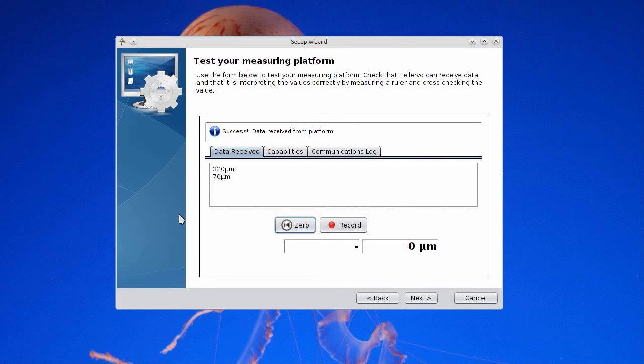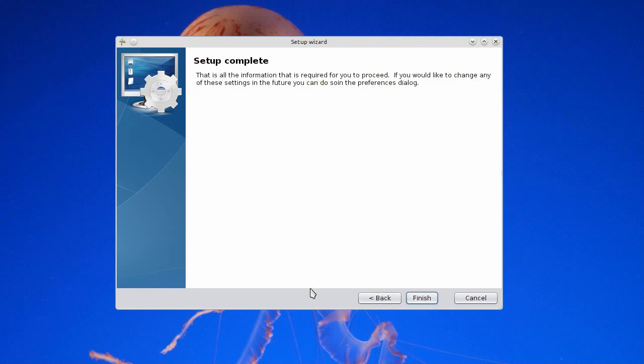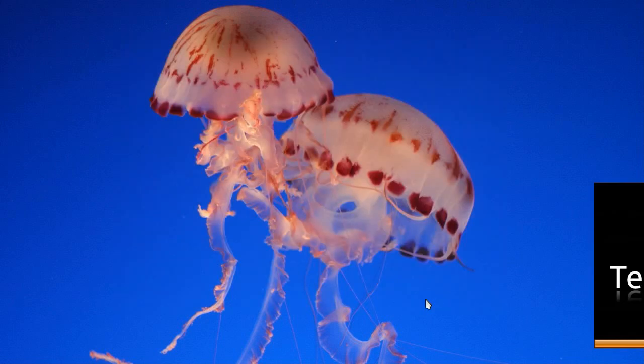So the best thing to do is to go ahead and measure with your platform a known length, perhaps a centimeter on a ruler, and make sure that the micron values coming in off the machine are actually correct. So once you are happy with the values coming off, you can go ahead and click next, and that completes the setup wizard. So we can just do finish,